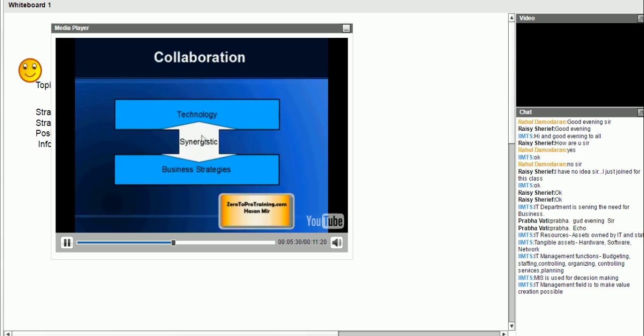What I said earlier is true, but now the trend is changing. What I'm referring to is the fact that I mentioned IT as a separate entity serving the needs of the business. That is true, but now the trend is more focusing on, rather than seeing IT as a separate entity serving the business, seeing IT and business together as one team, both working together